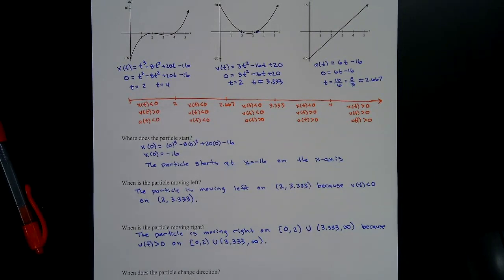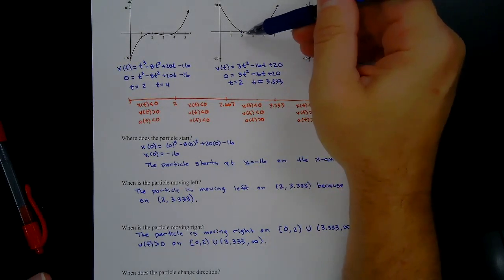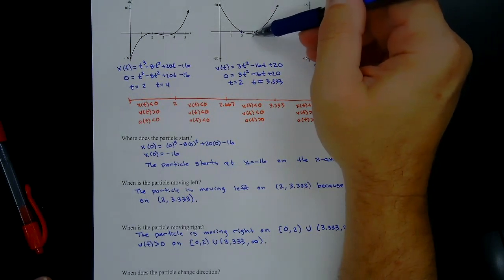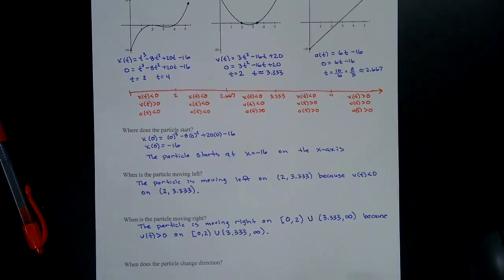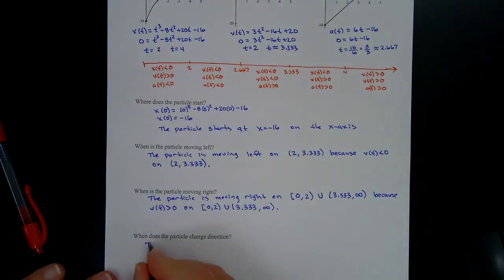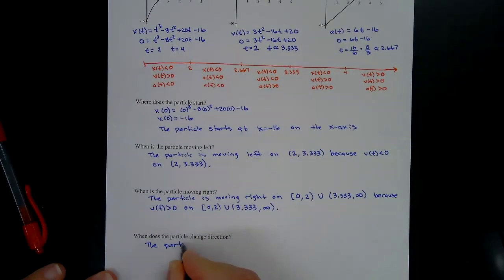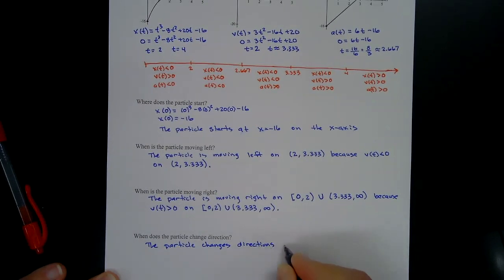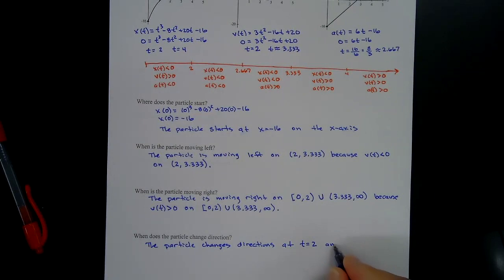Where does it change directions? All right, so it changes directions at t equals 2 because the velocity changed from positive to negative, and then it also changed directions at 3.333 because the velocity changed from negative to positive. All right, so I'm going to slide it up a little bit. So the particle changes directions at t equals 2 and t equals 3.333